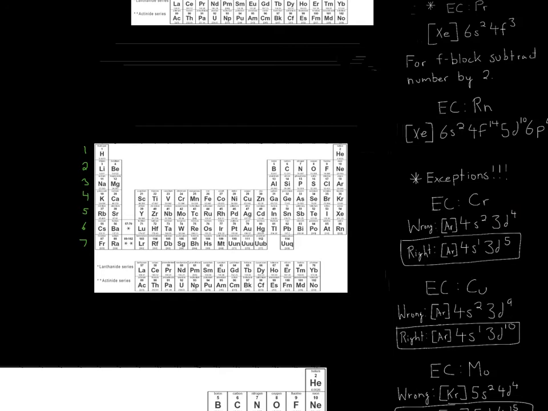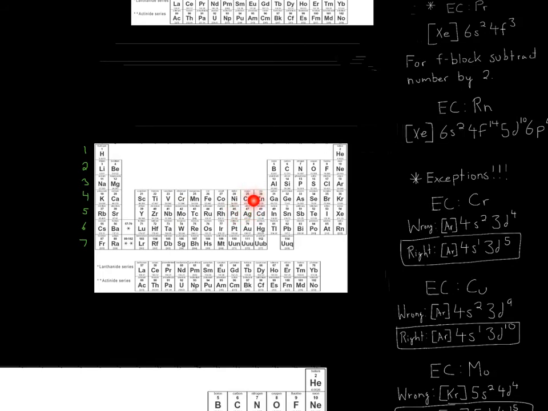For the exceptions, what usually happens is that they donate from the S block and give it to the D block. See how the right electron configuration donates from the S block and gives it to the D block. This is because it's more stable in this electron configuration. For these, you just have to memorize them, but they're not too bad because they have a little pattern. Cr and Mo are in the same group, and then the other three you need to know form